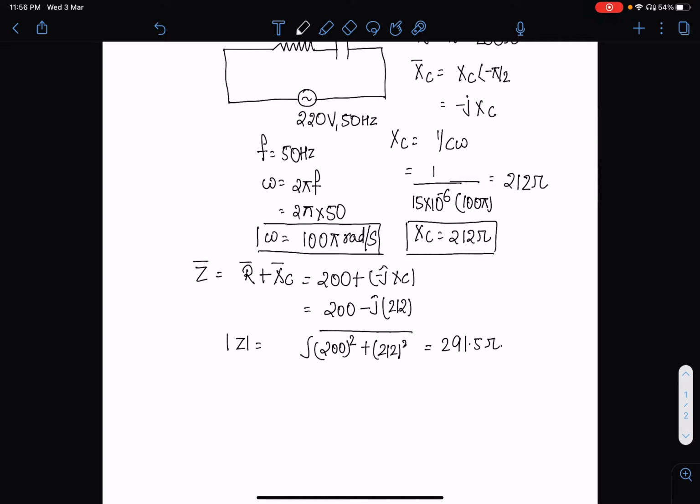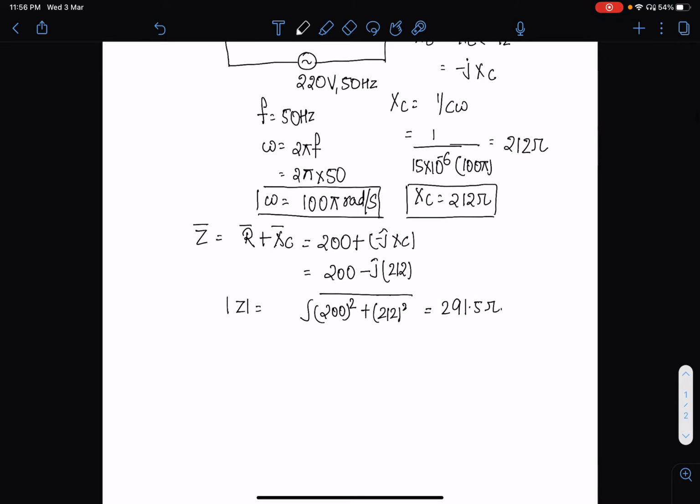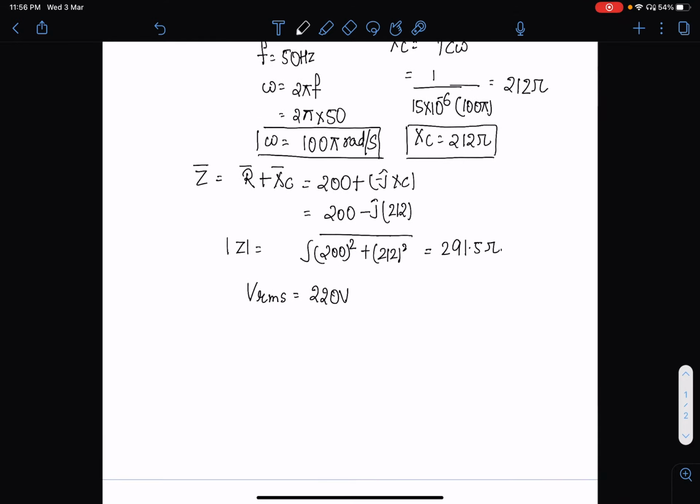And the voltage which is given here, 220 volt, will actually be VRMS. So VRMS is given in the problem, the value of VRMS is 220 volt. So we will calculate IRMS here. IRMS is equal to VRMS divided by mod of Z, that is the impedance. So VRMS is 220 volt divided by mod